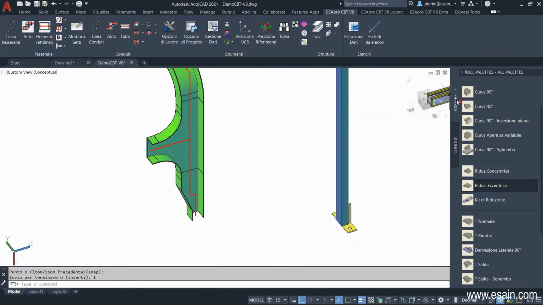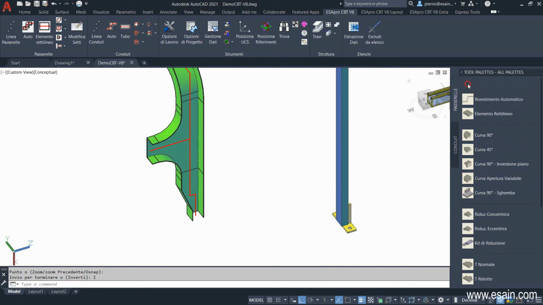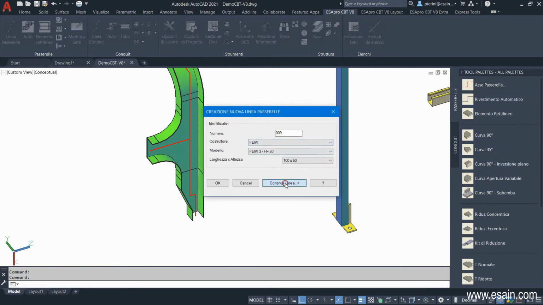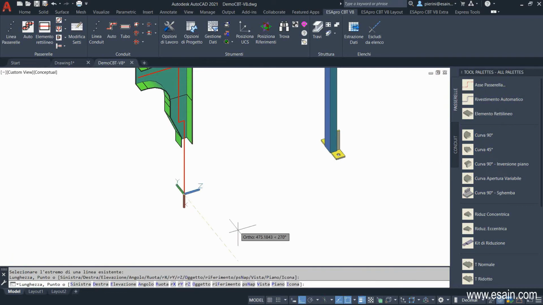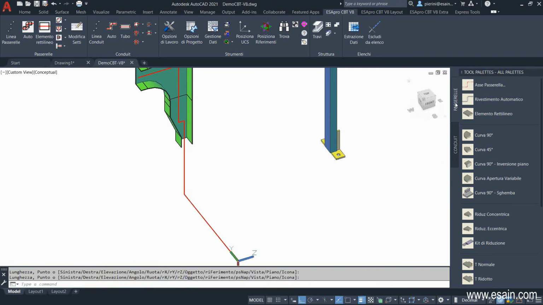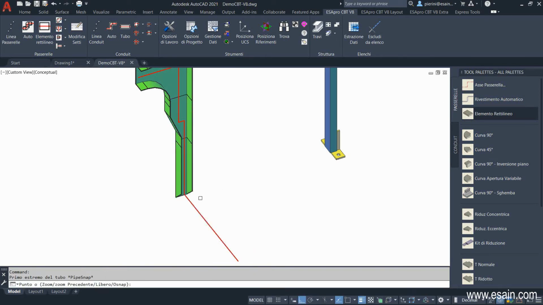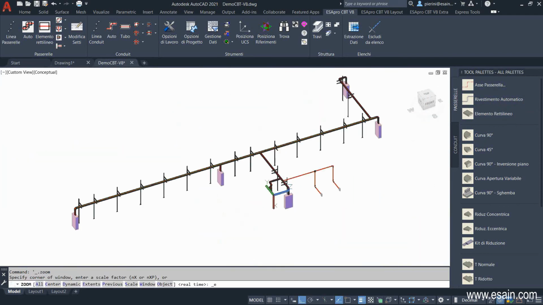We continue the cable trays modeling by drawing some axes. So the two design techniques can absolutely be mixed. Where it is more convenient, you can add single pieces, and where it's easier to draw the axes, you can use the axes command. In this case, we are seeing that the axis dressing is done step by step. We insert the elbow, and we have completed the modeling of all our cable trays.